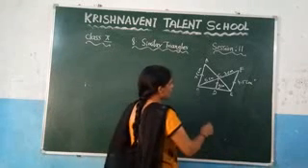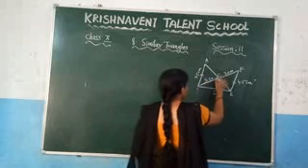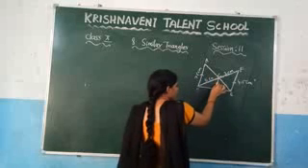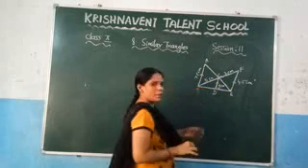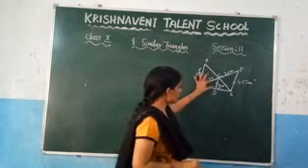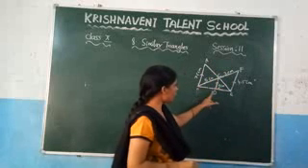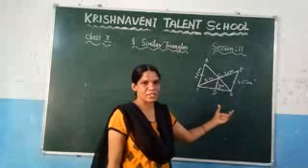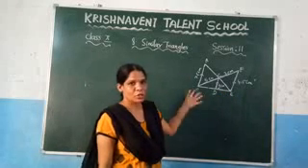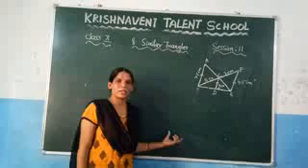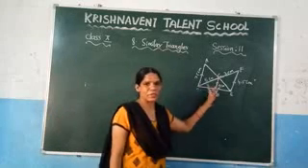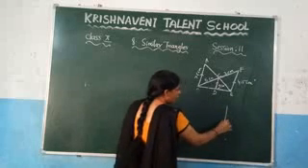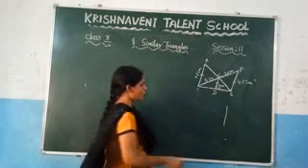So here you can observe that you can choose this bigger triangle, and you can choose this smaller triangle. Why? Because if you can prove this smaller triangle BDC is similar to the bigger triangle BFC, then we can say that these two triangles are similar. So that again you can take the corresponding sides so that you can find the value of y. That we are going to do now. Now I am drawing that one separately to understand clearly.